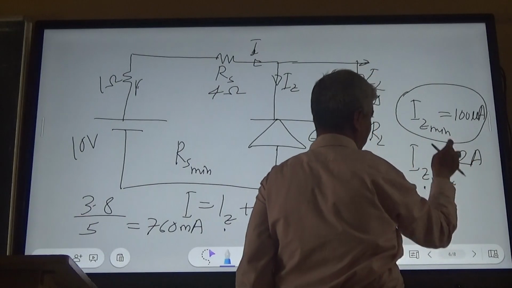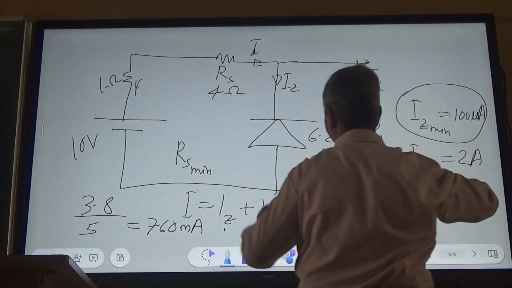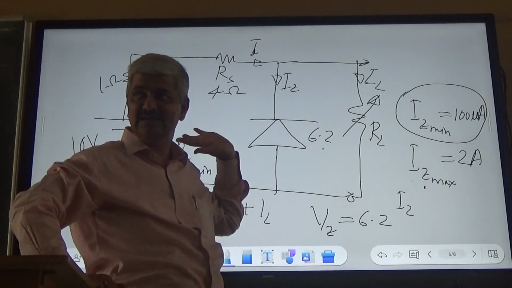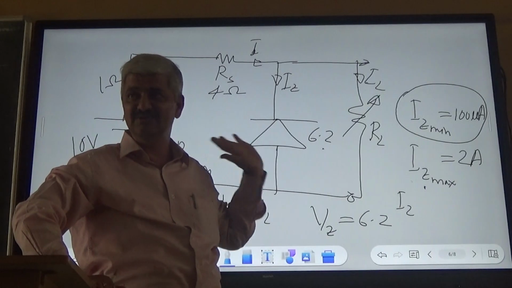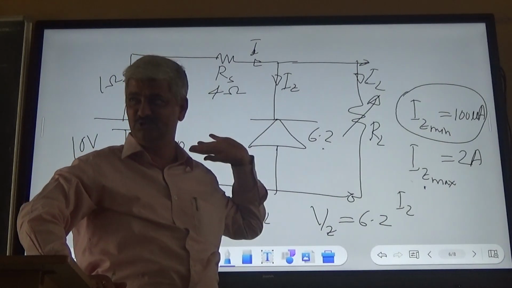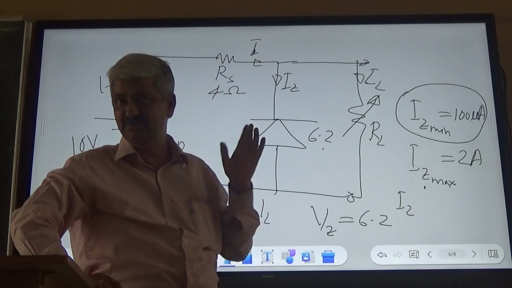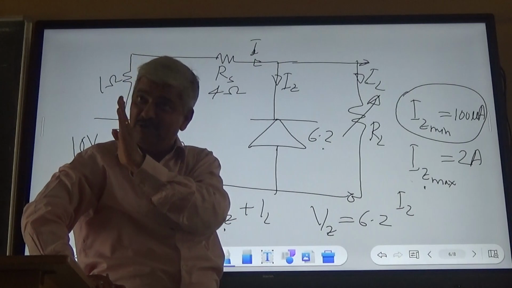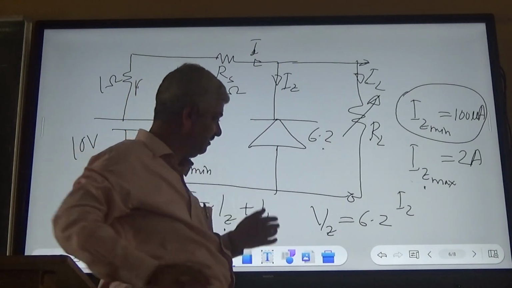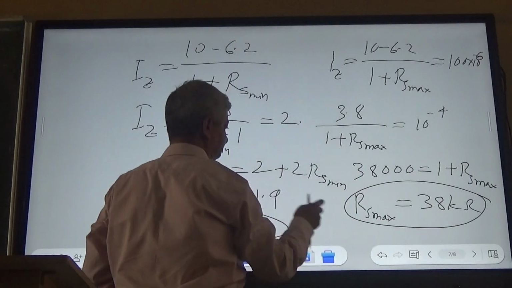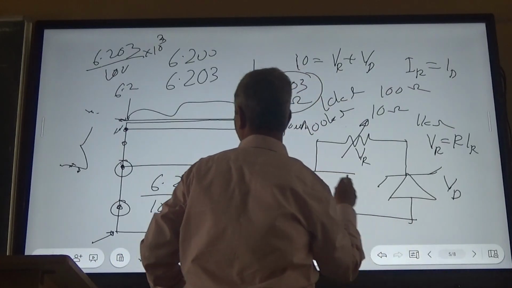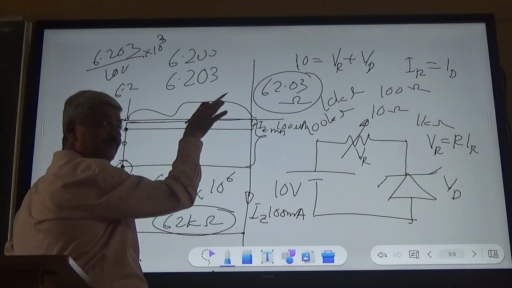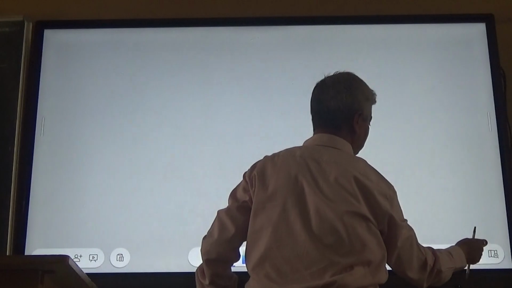So this Iz min, 100 microamperes must flow through Zener. If 100 microamperes don't flow through Zener, it will not work in breakdown mode. So the voltage across that will not be constant. Means simply that if current reduces, then it goes to this region. The characteristic of Zener,